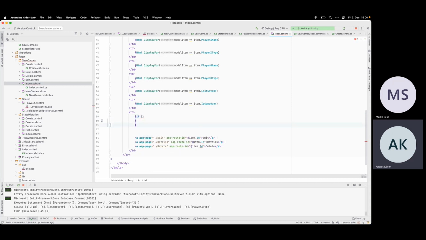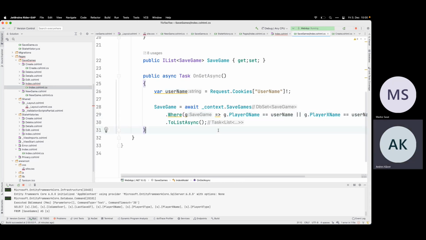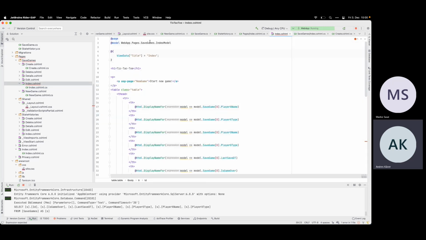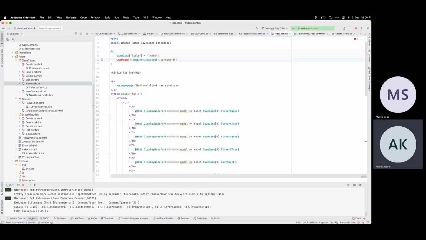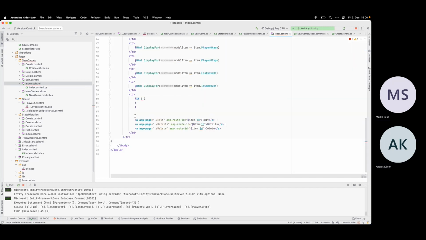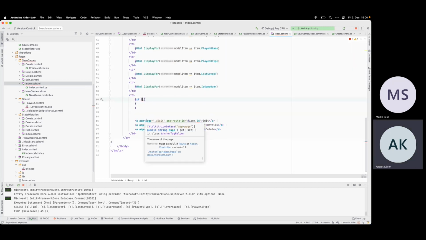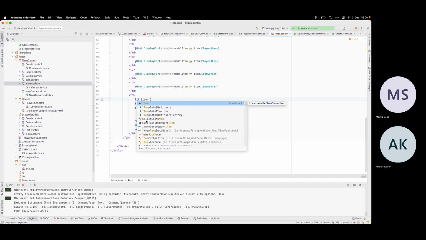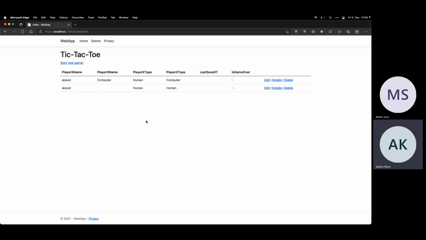If, and we need our username. So we only list those games here where I am a member.